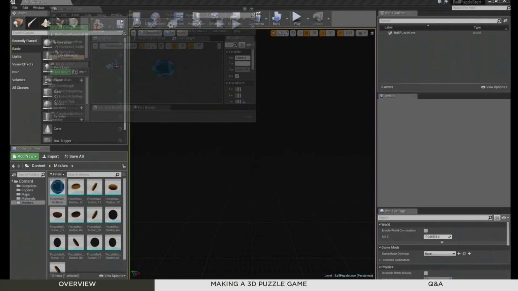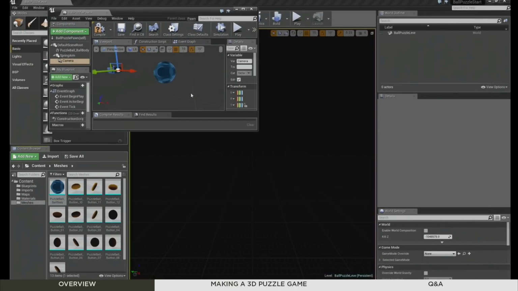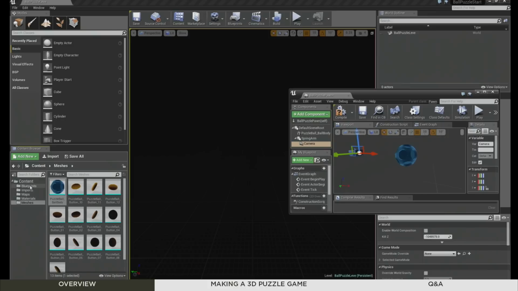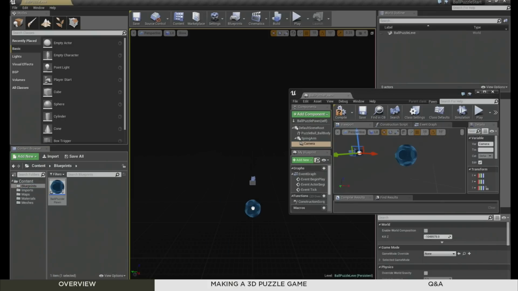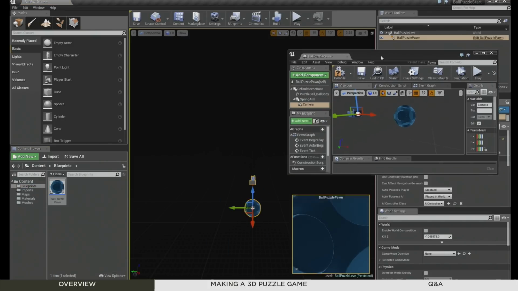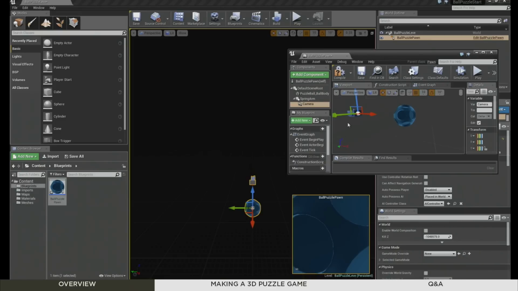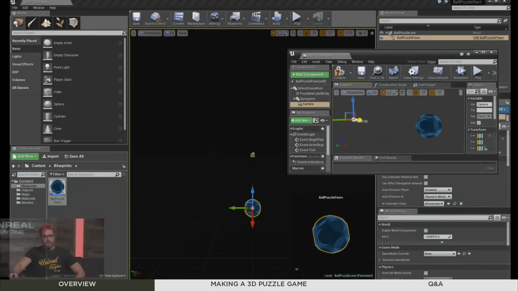placed. Unfortunately, right now, in the Blueprint preview window, we don't get a preview of what our camera looks like, which is okay, not the end of the world. We can just grab the pawn, drag it anywhere into the view, and then we get our little picture-in-picture window down here. So now all I have to do is slide the camera back until this guy fits in our